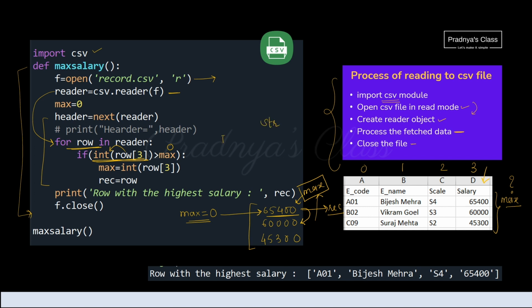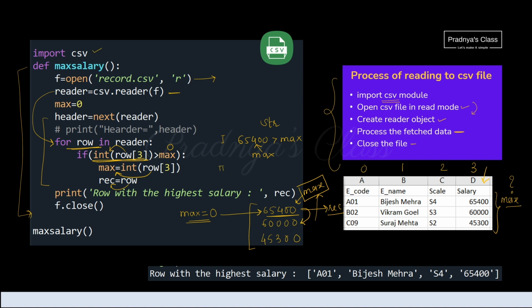In the first pass we get the value 65,400, and yes, it is greater than max. So that value will get assigned to max, meaning now max is 65,400. As we have to print that whole row, we will assign that row to one variable named record. This process will go on till the end of the file.